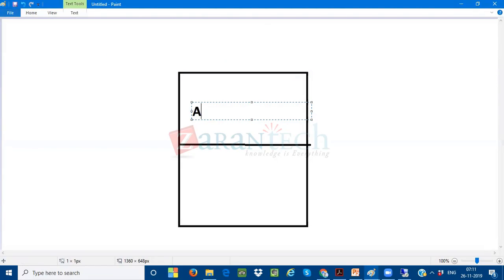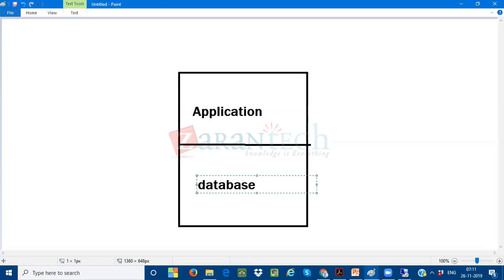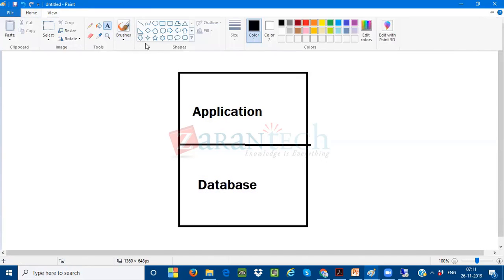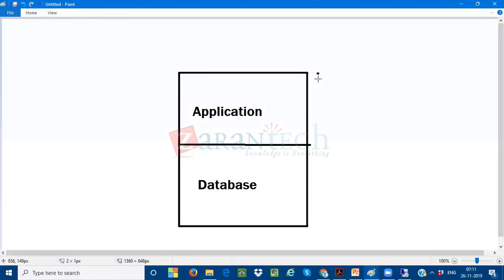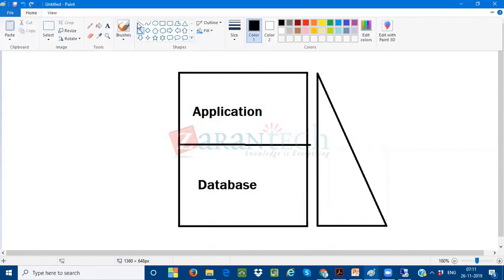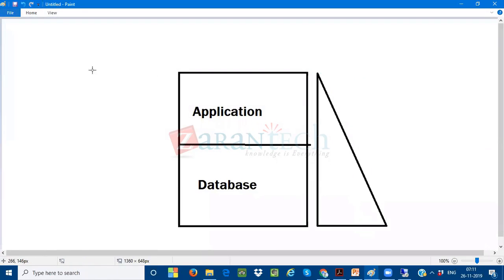This is your application, and this is my database. Now I want to put one diagram here like this. I'm taking an inverted triangle, and I'm putting one more triangle here.